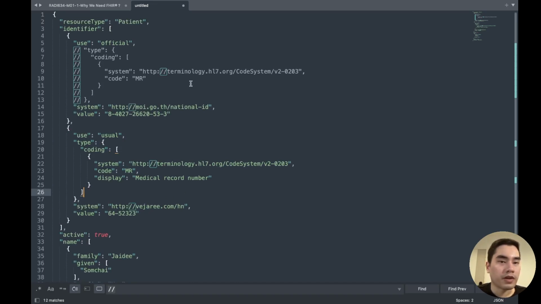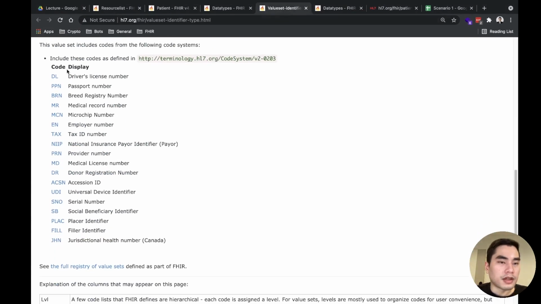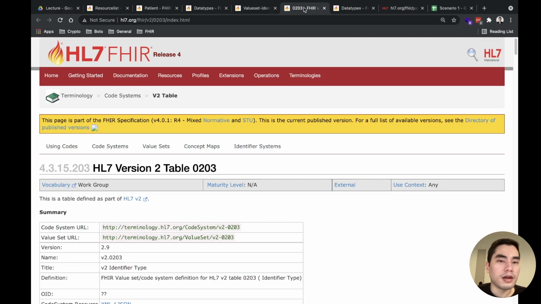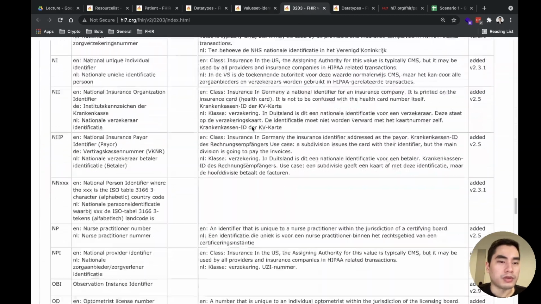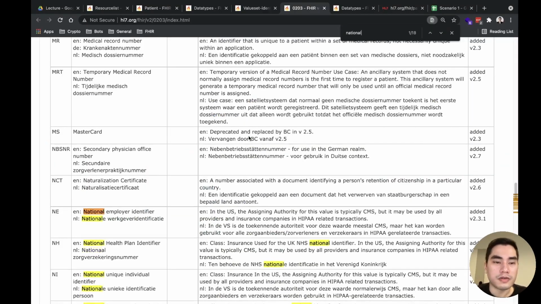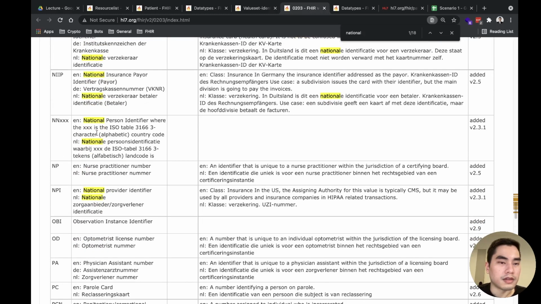Now the type of identifier for the national ID, because this is just some example from the real code system. If we go here, you will find the real code system, which is pretty large, and you can search national something and you will see a lot, but you will see this one is a national person identifier, so I think we can use this one. And XXX is the ISO country code.